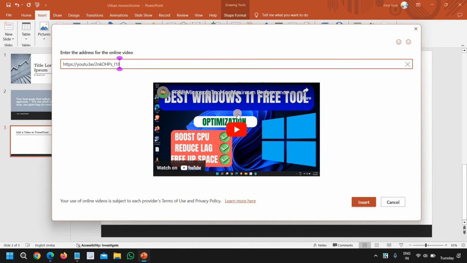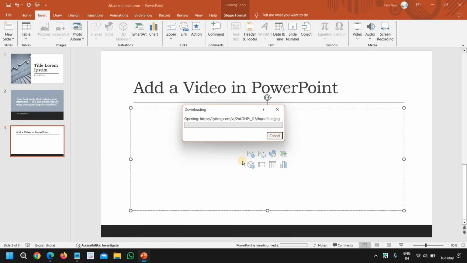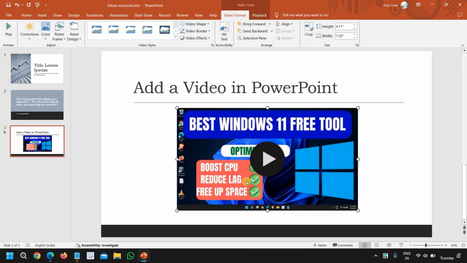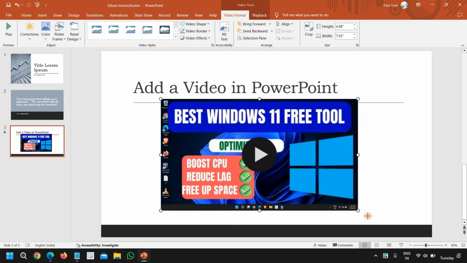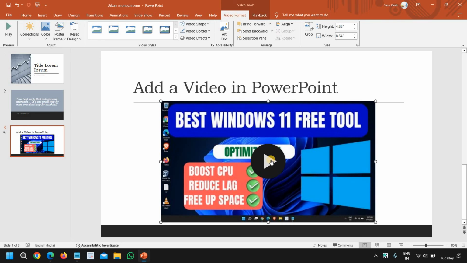So I'm going to share my tutorial on best Windows 11 free tool which boosts CPU and reduce lag. So you can do that, and I'll click on insert. The moment we do that, it will start pasting that video, and you will see the thumbnail and the embedded video there, and it can be played in